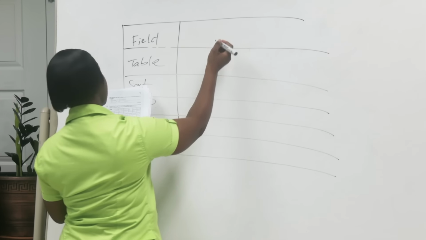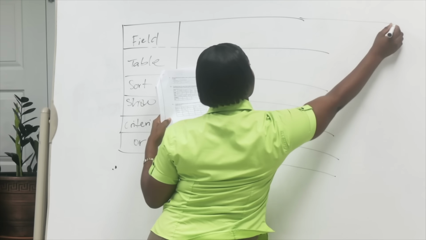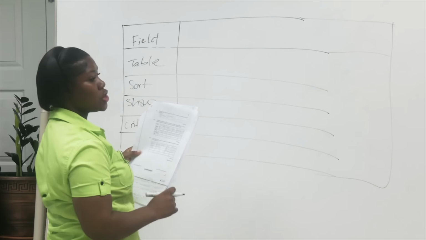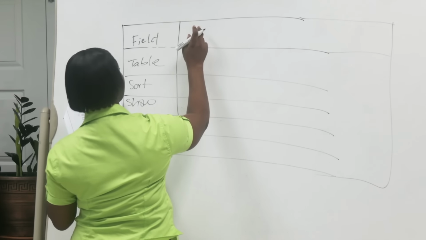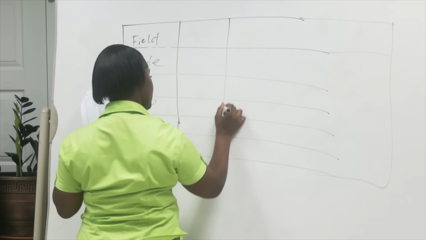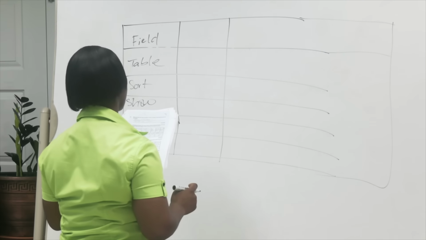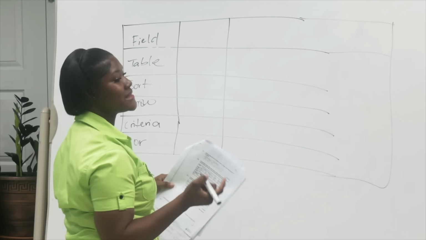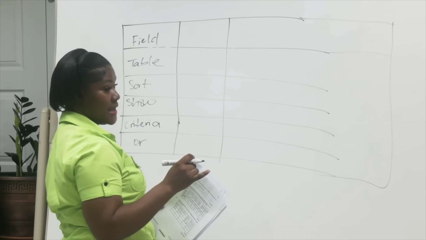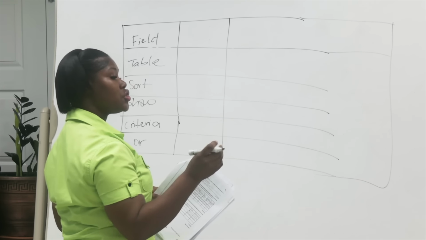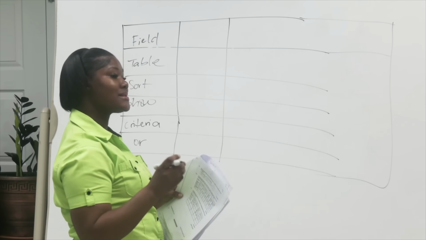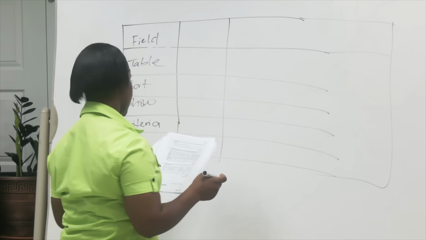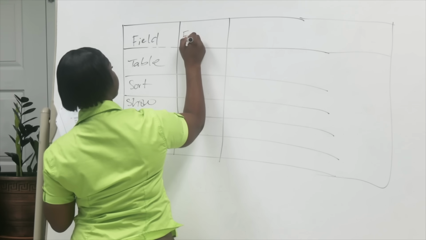This is the same interface that you would see in Microsoft Access. So whichever field is requested, you're going to state the field here in the first row. So they've asked for the farmer's full name. Of course, the fields that are presented to you are first name and last name. So we would place them back just as they were presented to you in the table. So we have first name,